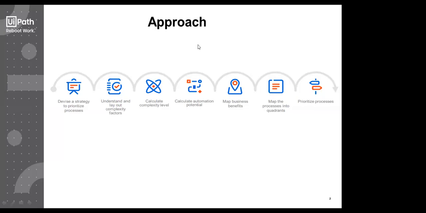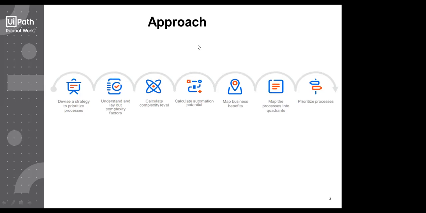Accordingly, you might decide that the number of steps or the number of validations in the process would take a greater weightage than the number of applications involved. So when you see the process, you start analyzing it, and you lay out that whole thing: what factors will be taken into consideration, and what the weightage for each factor would be. Then you calculate the complexity level, whether it's low, medium, high, or very high, or whether consultation from experts is required. Accordingly, the complexity level is decided.